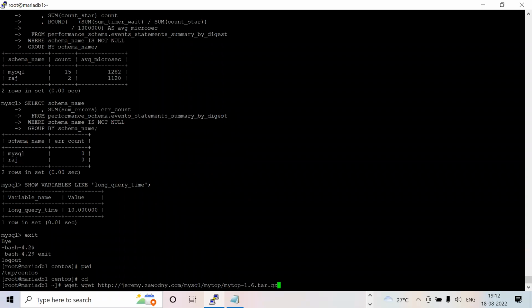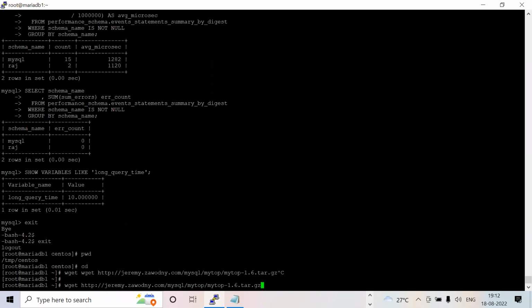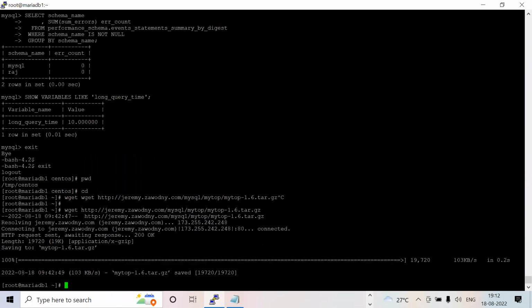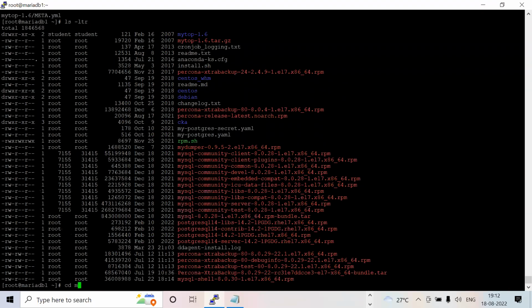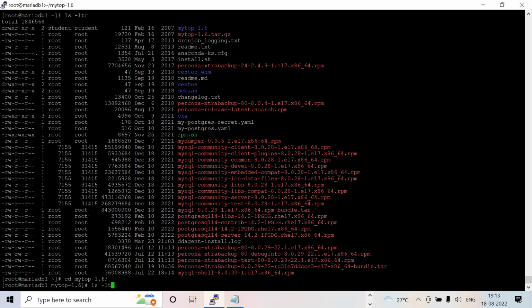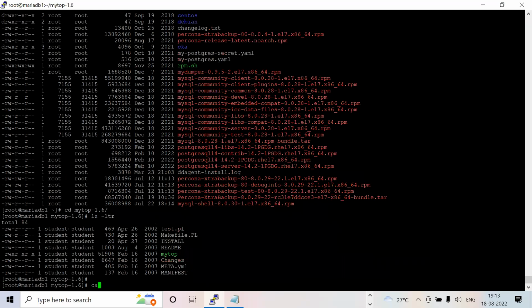wget. Let me download the mytop software. Actually, it's open source. tar -xvf mytop. That file is there, right? ls -ltr. Go into mytop. How to install it? So Makefile.PL is there. That means you need to install with Perl only, right? Same as our pgBadger. Perl